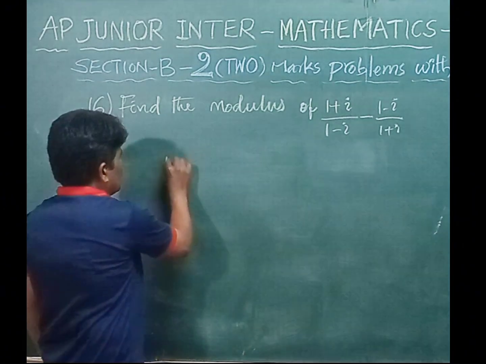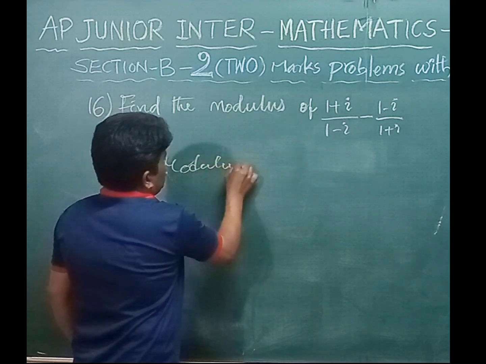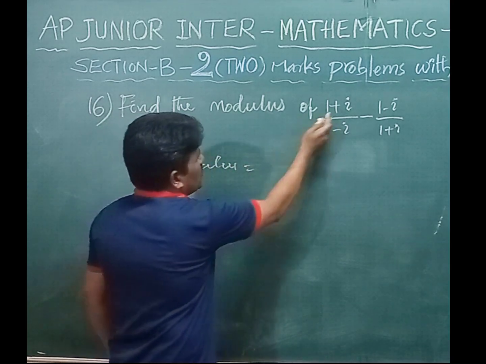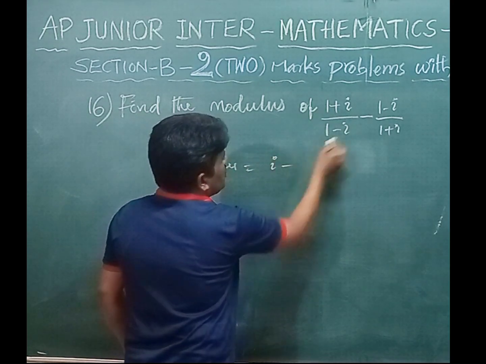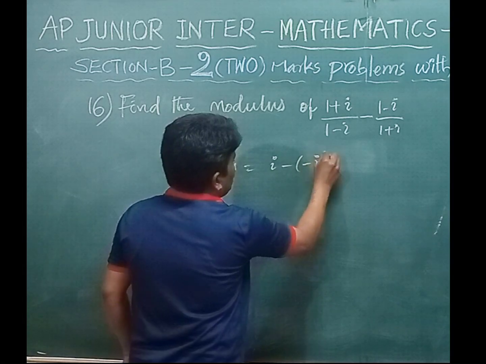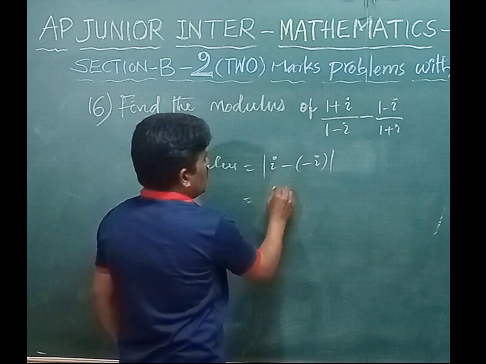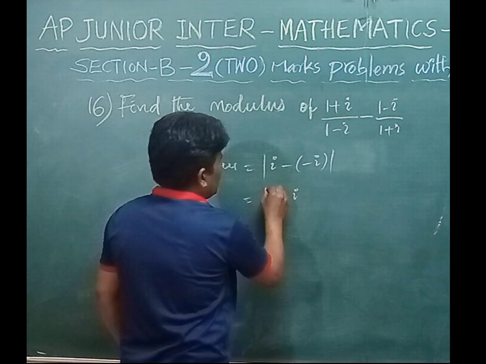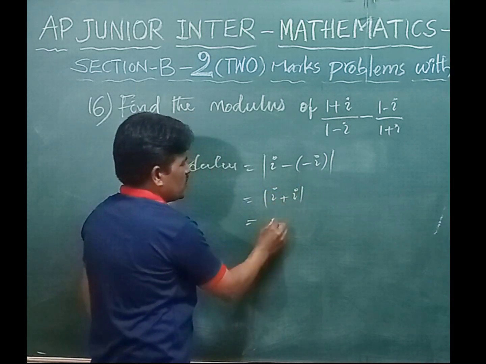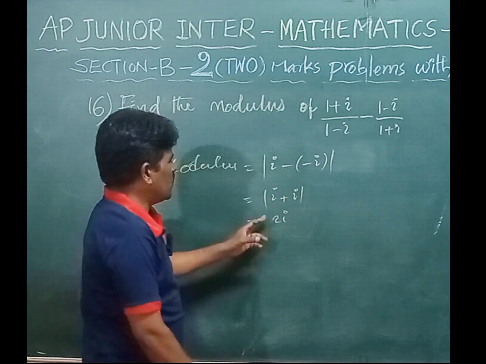Next, the modulus. Modulus equals this value iota minus this value minus iota. So the modulus equals iota minus (minus iota), that is iota plus iota, which is 2 iota. The modulus of 2 iota is